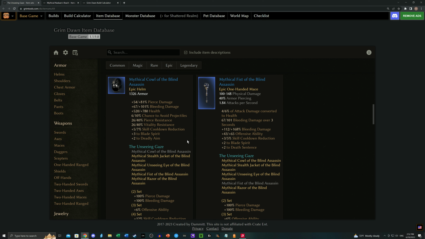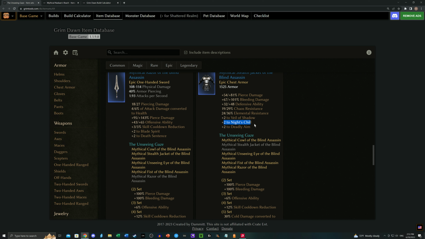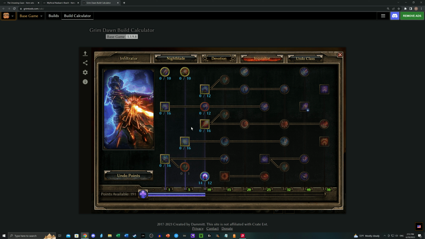The primary issue I have with this build is the skills it enhances. Let me talk about this, because this is a bit of a pet peeve. You can see we have an increase to Blade Spirit, increases to Death Sentence. A lot of Blade Spirit increases. Blade Spirit, Death Sentence, Knight's Chill, which we already like anyways, Deadly Aim, which we already like anyways. Great, lovely. The crux of the issue is that